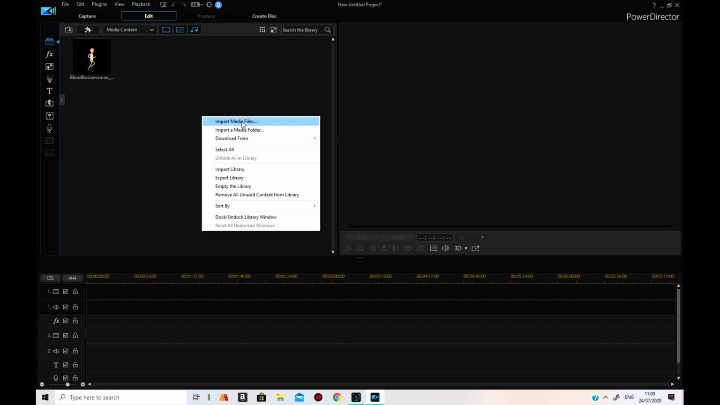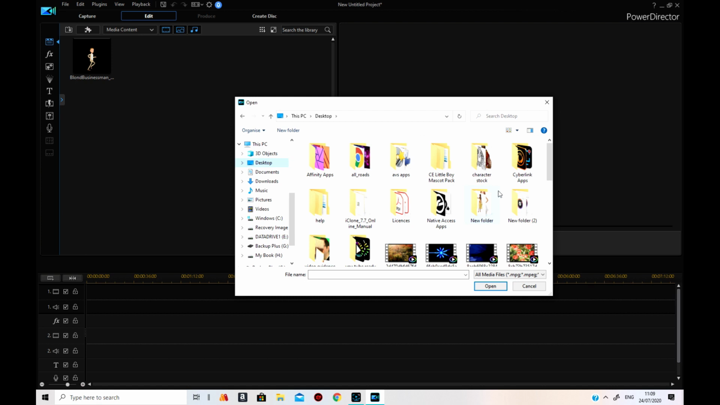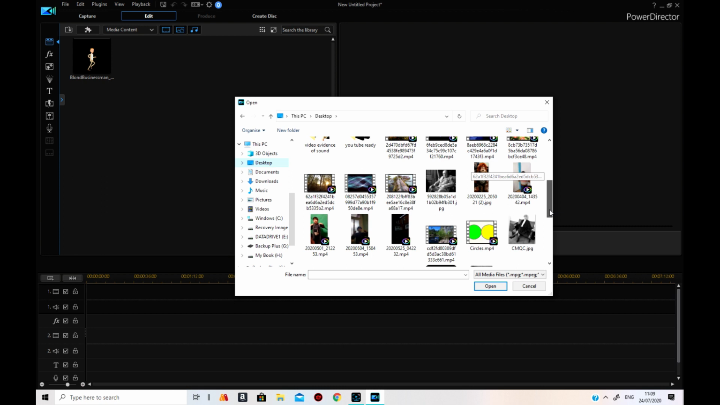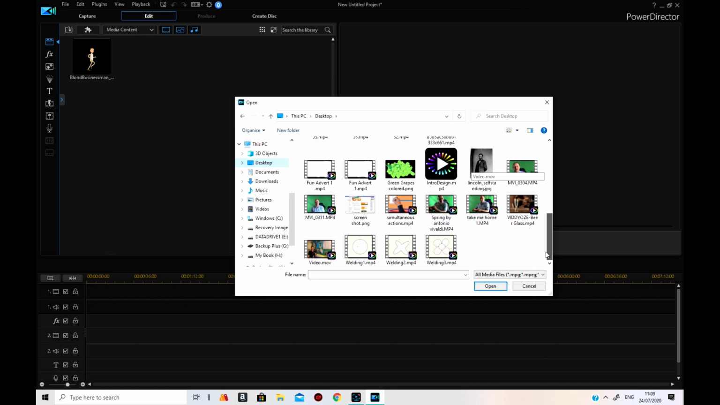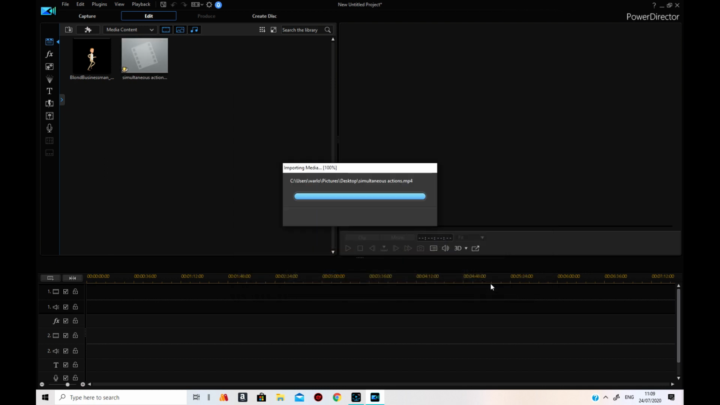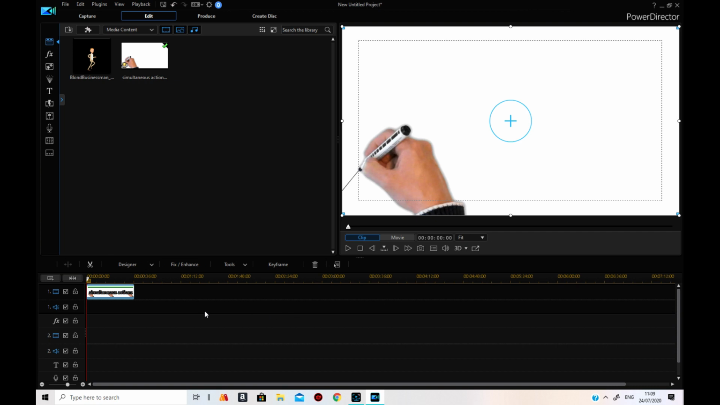I want that, so that's that one. Now I need to find the other media, which is on my desktop. I'm looking for simultaneous actions, which is there somewhere. I've got a lot of stuff on here. There's simultaneous actions, that's it. Right, so I'm going to put simultaneous actions on the first track of the timeline, and then the blonde businessman is going to come on about 30 seconds, so I'm going to put him down here on the second line